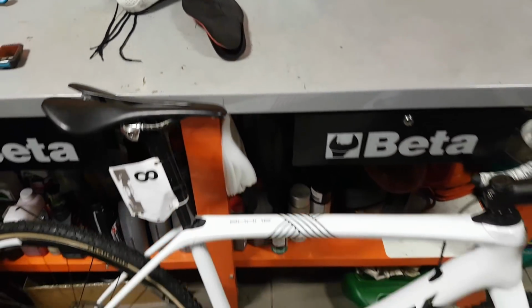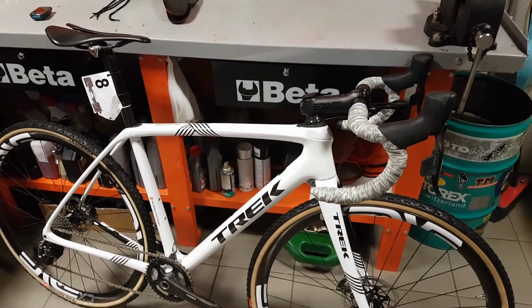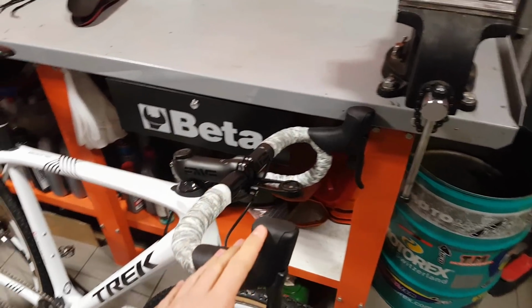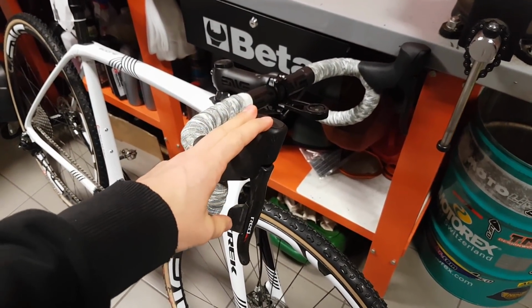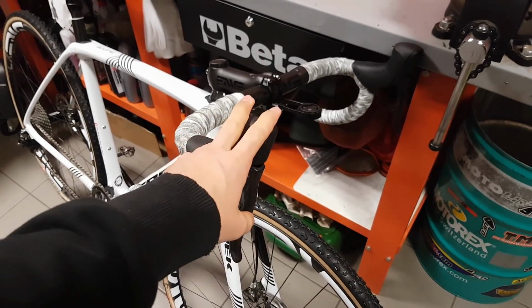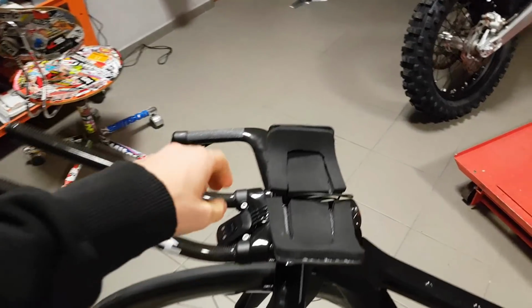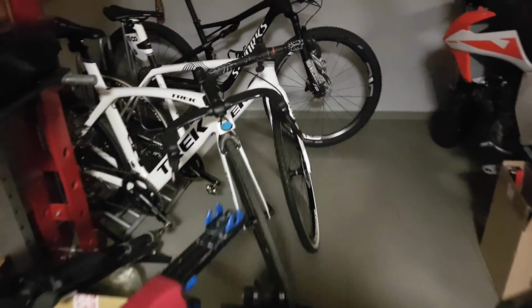Then the third product is actually a group of products, and it's the SRAM Red E-Tab group set. Now, I have these in 3 different versions on 3 different bikes. So this is the HRD version on my cross bike. This is the time trial version on my time trial bike. Of course, and I have one on a road bike as well, just a standard rim brake version, which I've